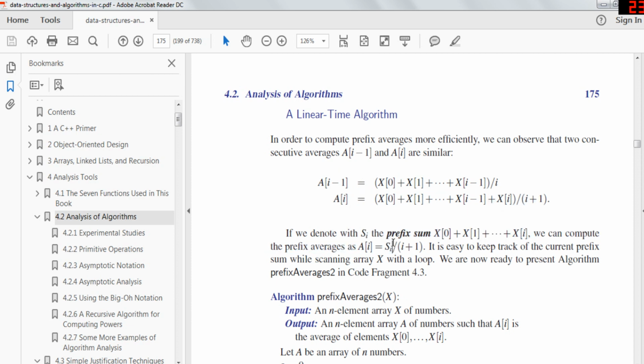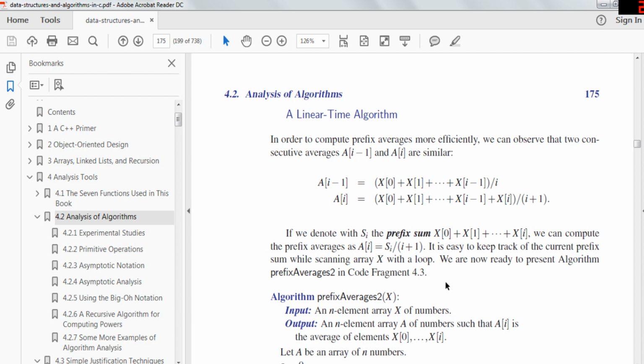So if you denote with S_I the prefix sum x0, x1 plus up to xi, you can compute the prefix averages as A of I equals S_I over I plus 1. It is easy to keep track of the current prefix sum while scanning the array with a loop. So now,